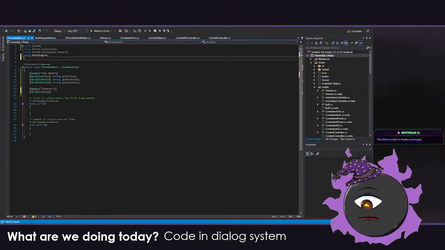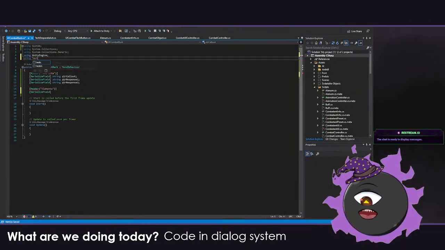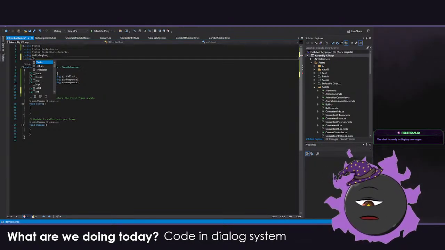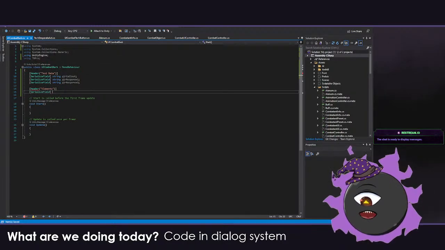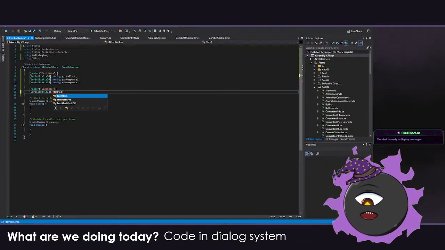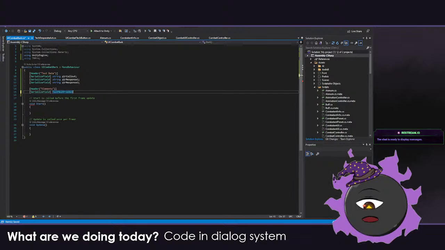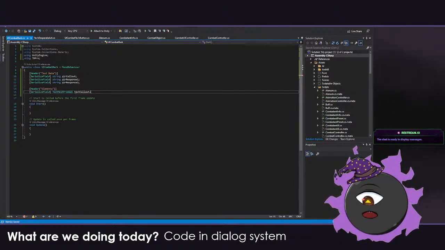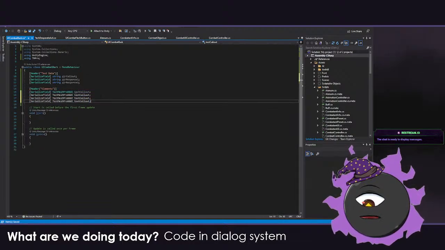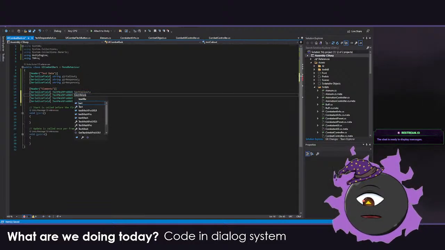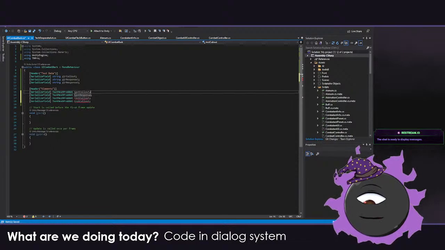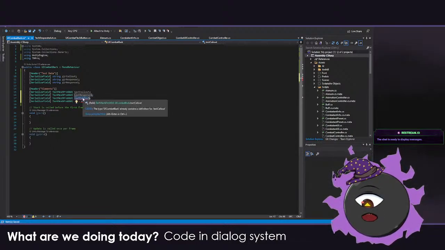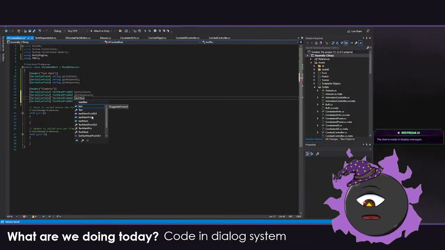We're gonna need a text mesh pro in here using TMPro. So TextMeshProUGUI, text callout. I can make this multiple. We can have text response 1, text response 2,